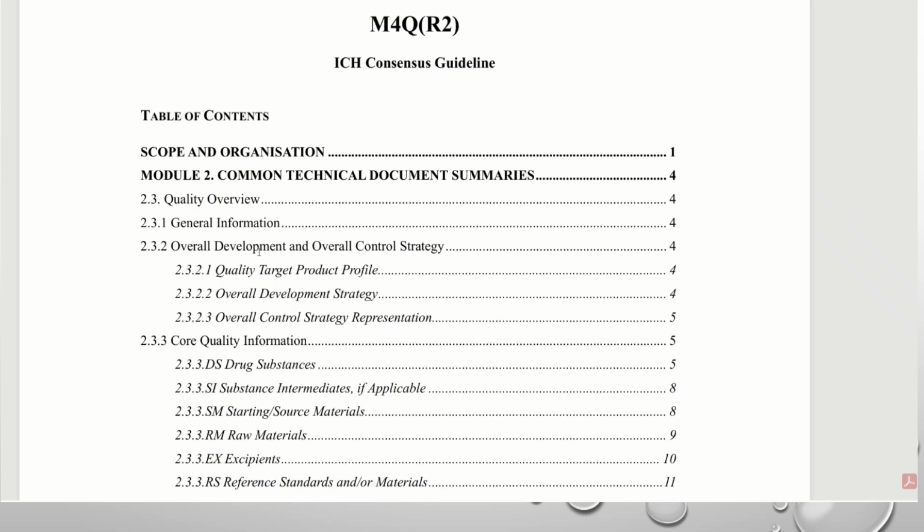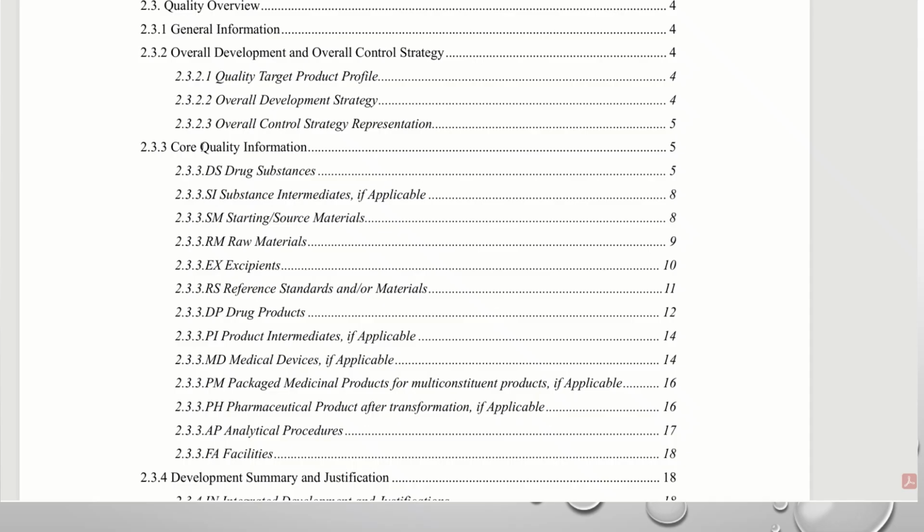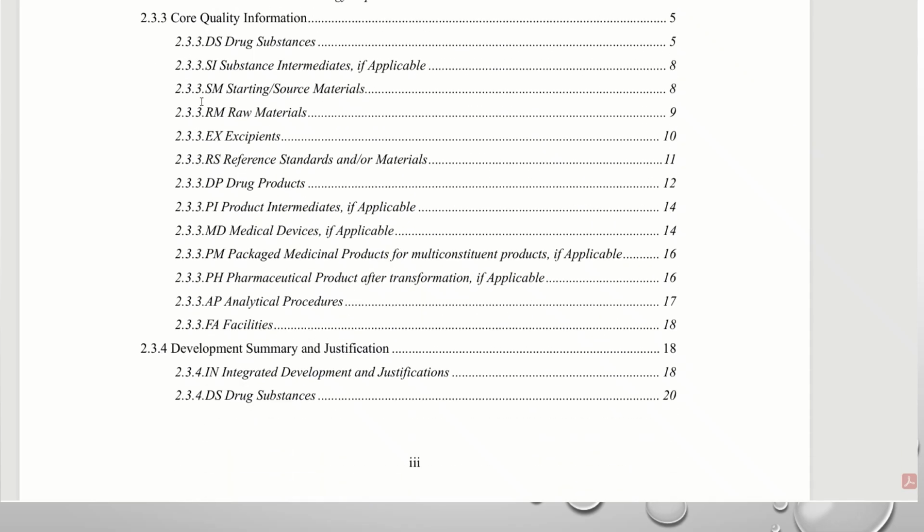You've got your quality overview, and then you've got general information, and then your overall development strategy and overall control strategy, and quality target product profile. And then you've got your core quality information about your drug substance,